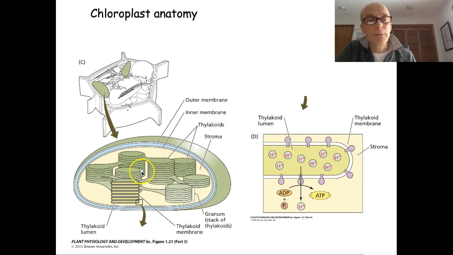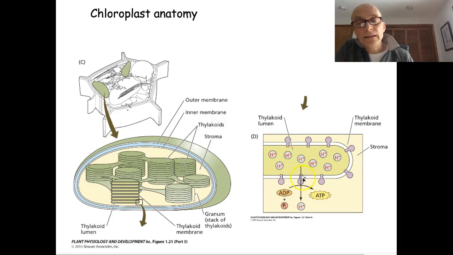And then there's this other membrane system inside, and that is called the thylakoid. The thylakoid membrane makes up the membrane, the outside, and then inside these thylakoid membranes is the lumen, the thylakoid lumen. And a stack of these thylakoid membranes on top of each other, that's called a granum, a stack of thylakoids. And if you take this little piece here and you blow that up and move it over here, then you can see the membrane, that's the thylakoid membrane here, and then the stroma, so that's the plasma, and then the inside, the lumen of the